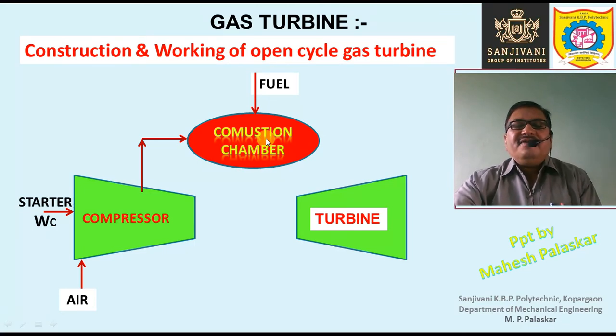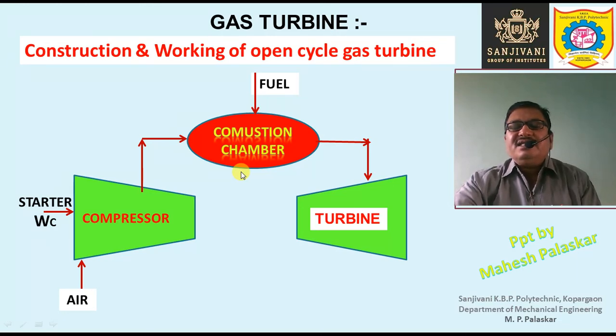and the fuel burns. Compressed air is also entering inside the combustion chamber, and the air and the fuel are present. So the combustion of the fuel takes place, and here we get very high temperature. High pressure is already there, but this pressure is further increased in the combustion chamber, and coming out of the combustion chamber is the gas jet of very high pressure and high temperature. Now we are using the nozzles to increase the velocity of the jet of the gases.